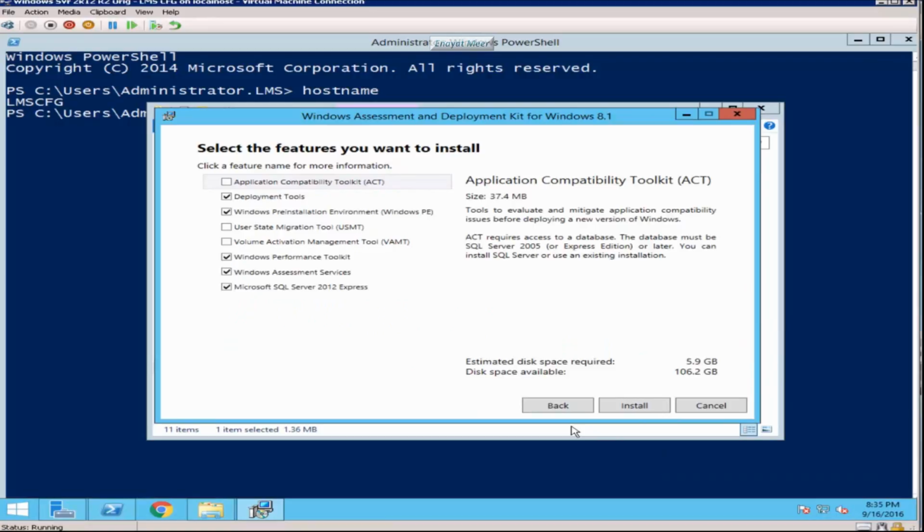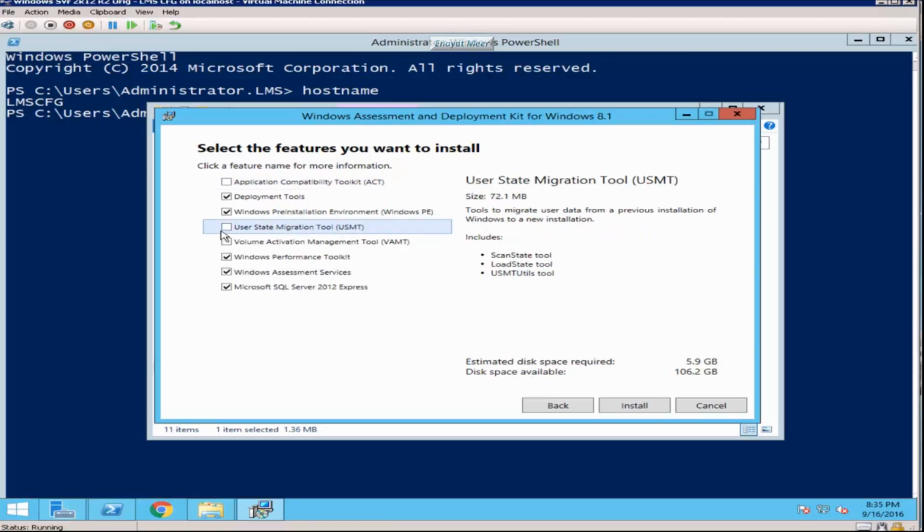Accept the agreement, and you don't have to install all options. Look for your Application Compatibility Toolkit, Deployment Tools, or Windows Preinstallation Environment, WinPE. You really don't need the Performance Toolkit or Windows Assessment Services or SQL Server 2012 Express.